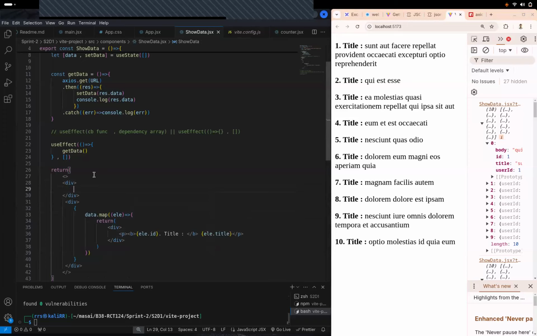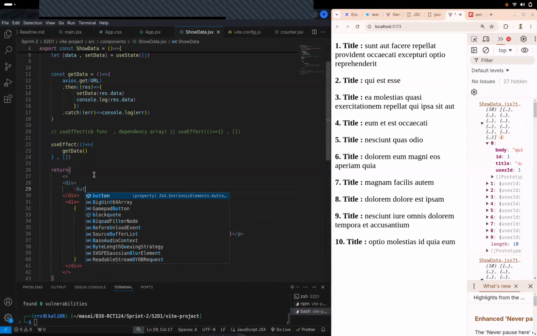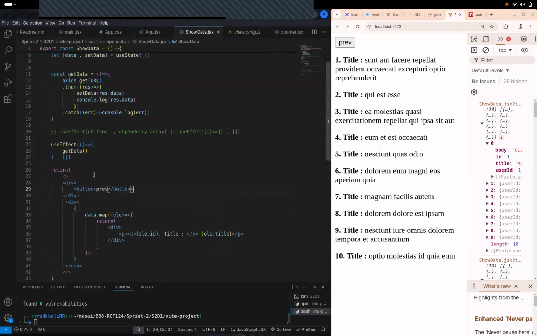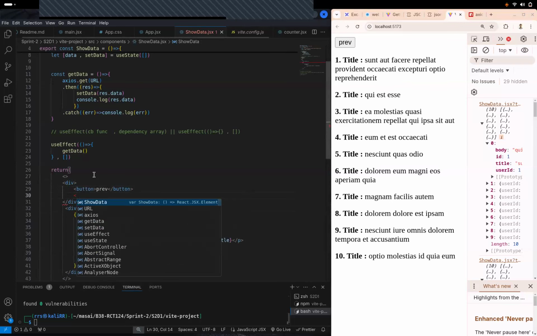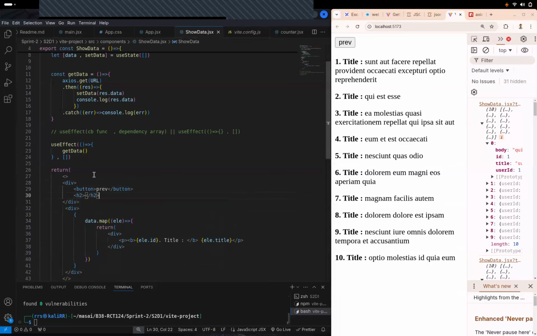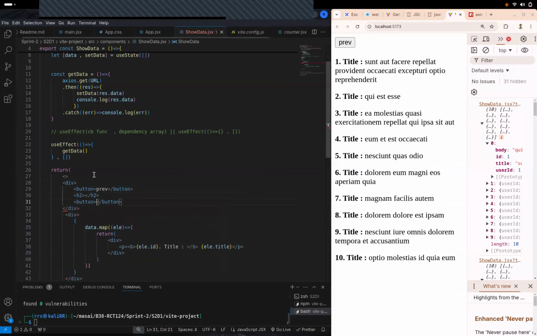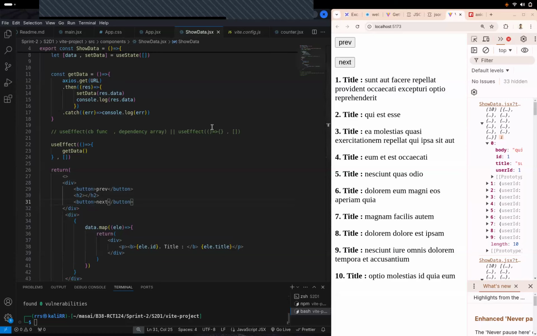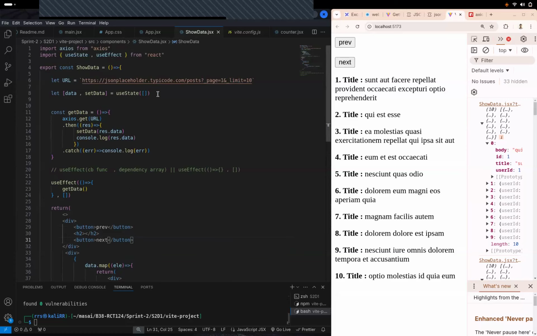It's a counter only. So let's get a button. Let's quickly do that setup. Previous page will have an h2, and this will basically be showing next. The current page will have the next page over here, right?